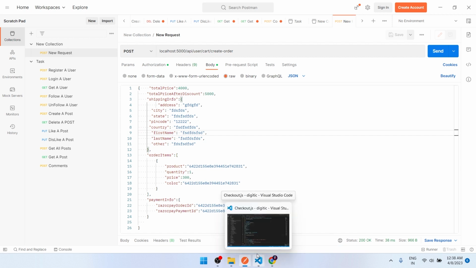So now we are going to make payment, we are going to implement Razorpay. So let's start. So first of all, what we have to do, okay,